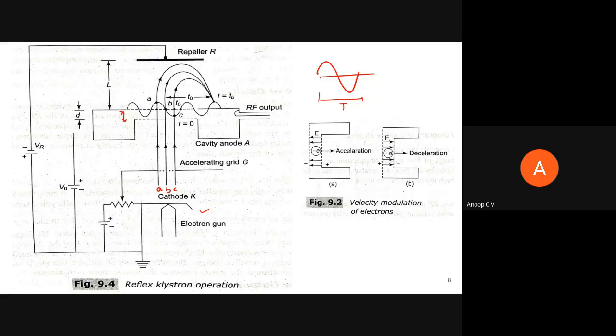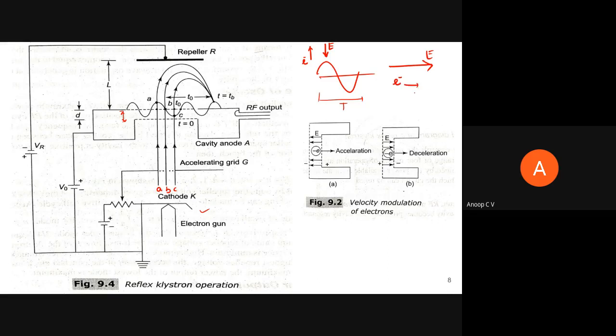I told you when there is a positive peak, the electric field will be directed downwards. This is the direction of electric field. And you can see the electron is moving upwards. So what will happen to this electron? When you place an electron in an electric field, what will happen? I hope you remember I had asked a question in the prerequisite quiz. What will happen to an electron placed in an electric field? If I am placing a free electron in an electric field, in which direction will this electron accelerate?